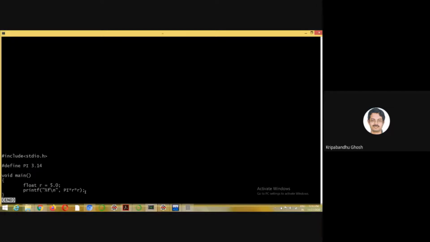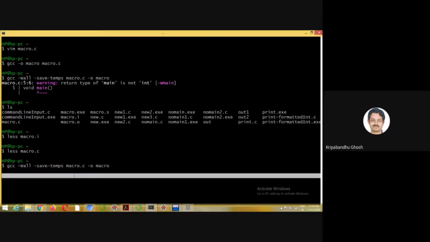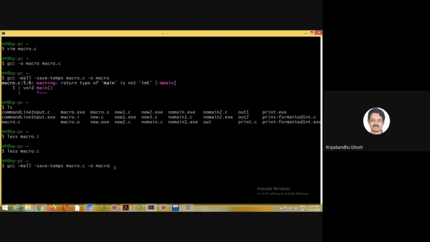This I have done, and I have compiled it using this particular statement. The minus o is the output, and minus Wall means it will show you all the messages and warnings, and minus save-temps means it will keep all the intermediate files prior to compilation.